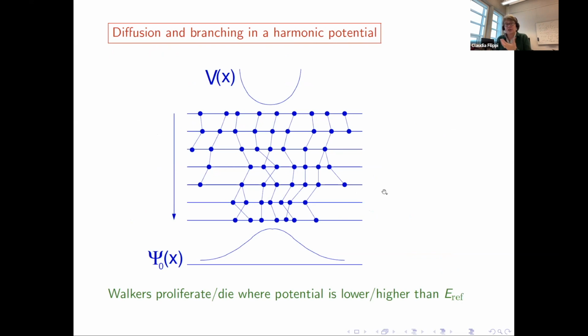And for such a simple Green function, I'm going to show later a better way of doing things. The potential being higher or lower than the reference determines what's going to happen to your configuration. So it means that you're not going to just use one configuration. You throw down a lot of them, and then you're going to evolve them according to such an algorithm, and maybe a bit modified, as I will explain tomorrow.